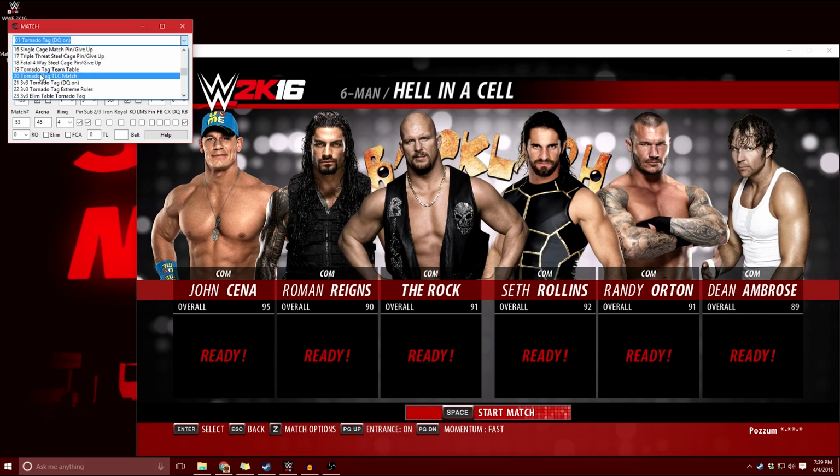pin and give up options on, tornado tag team table match, tornado tag TLC match, 3-on-3 tornado tag with disqualifications on, 3-on-3 tornado tag with extreme rules, 3-on-3 elimination table tornado tag, 3-on-3 tag team falls count anywhere, 3-on-3 tornado tag ladder match, 3-on-3 tornado tag team table match, 3-on-3 tornado tag TLC match, 3-on-3 tornado tag team steel cage match rather, 3-on-3 tornado tag steel cage pin and give up, 3-on-3 tag team elimination chamber, which they apparently took out of 2K16,